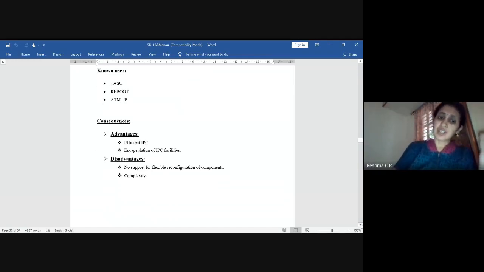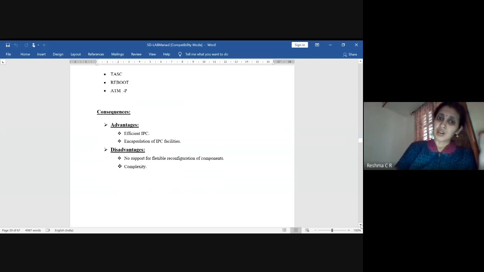The advantage of this forwarder-receiver pattern is an efficient IPC mechanism. That means inter-process communication can be done effectively with the forwarder-receiver pattern. Since it provides encapsulation of the messages, all the messages can be conveyed easily. And the disadvantage: no support for flexible reconfiguration of components.